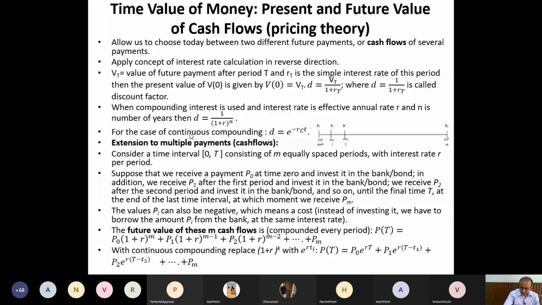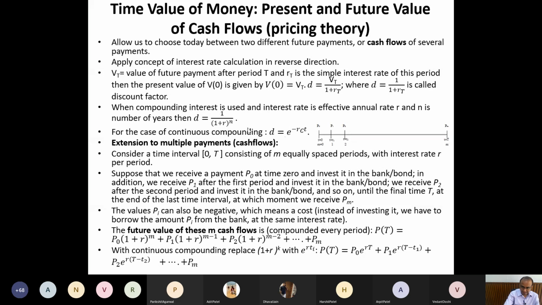Okay. And if I invest in a security which gives me continuous compounding, there are no such securities actually, but if I have such, then this discount factor is this. It is 1 divided by e raised to RCT, right? So if I take 1 divided by e raised to RCT, it becomes e raised to minus RCT, right? So that much amount I need in the present.